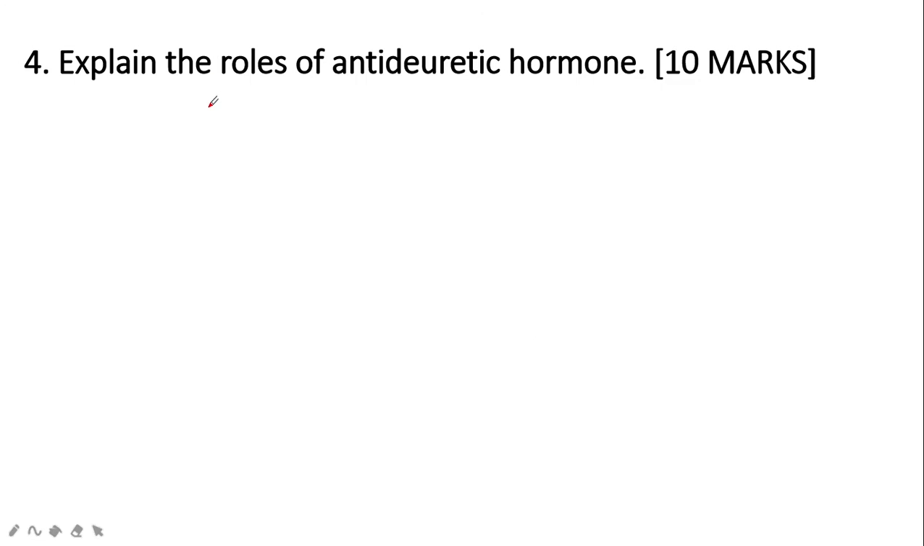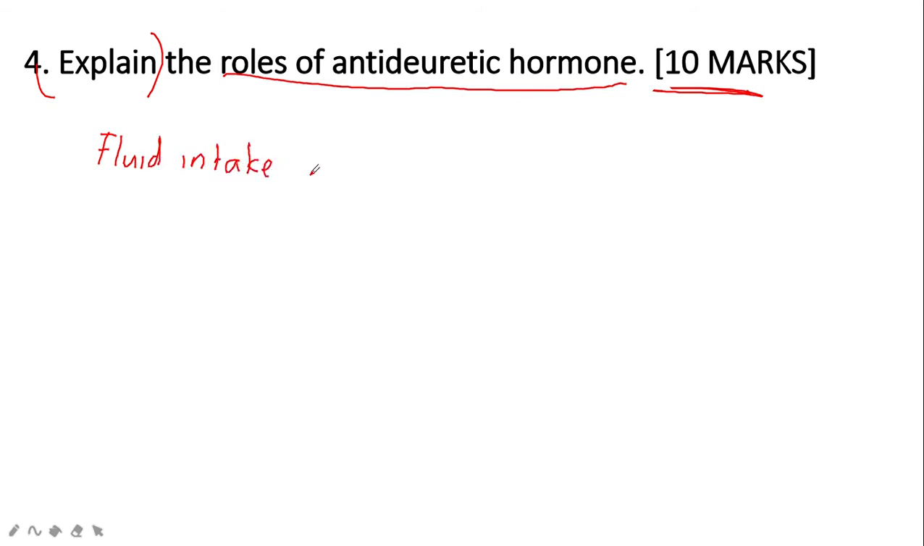Explain the roles of antidiuretic hormone. So you have to explain the roles of antidiuretic hormone, 10 marks. Okay, so antidiuretic hormone, you learned in the production of urine in the kidney. So for this one, the way to answer this essay is you have to describe when the fluid intake is low and when it is high. So if the fluid intake is low, the blood will become more